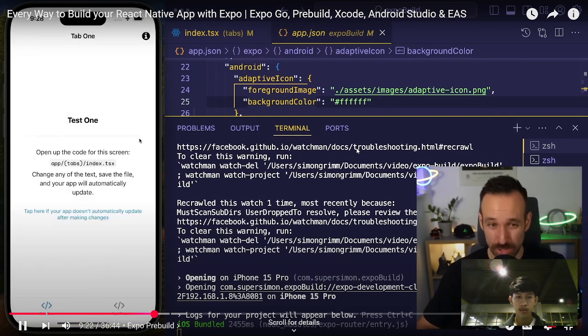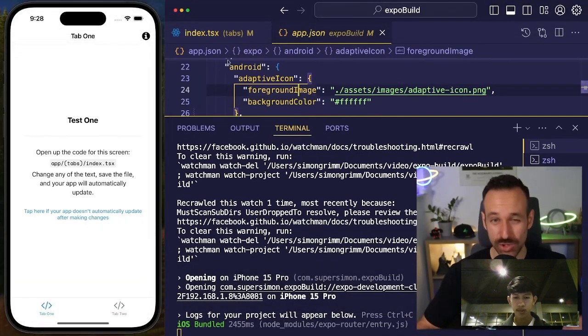So this is pretty much everything that you have to understand about Expo pre-builds. I think if you understand what Expo Go is, that is this bundled app experience with pre-configured SDK versions and plugins that you can use to quickly spin up something, and you can then opt out to do a pre-build and run npx expo run iOS or Android on the simulator or on a connected device, then you know like 80-85% about how you can build your React Native project with Expo, because usually this is now enough to debug